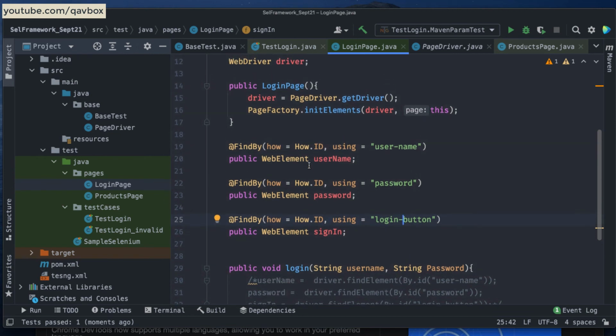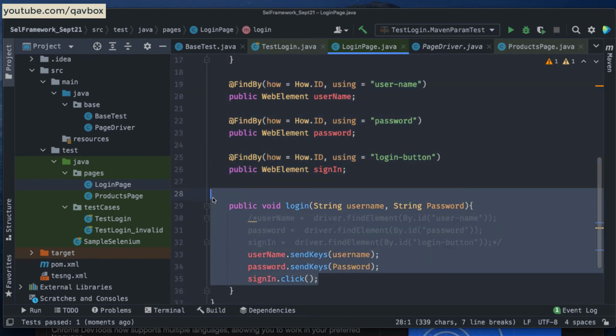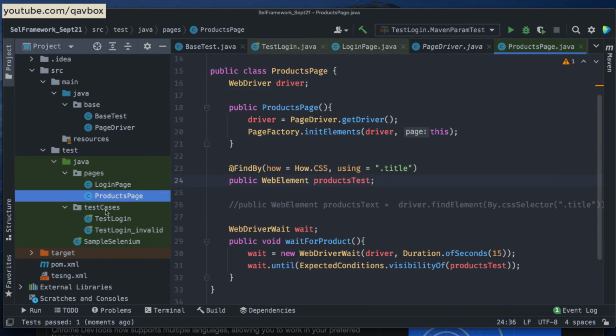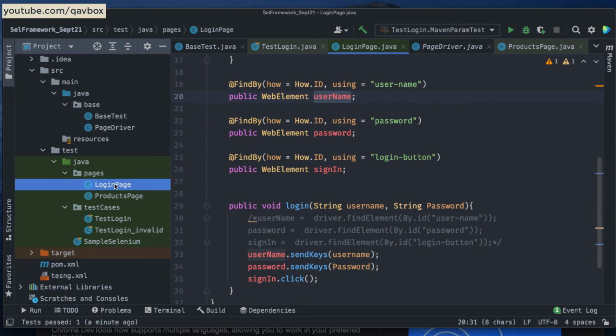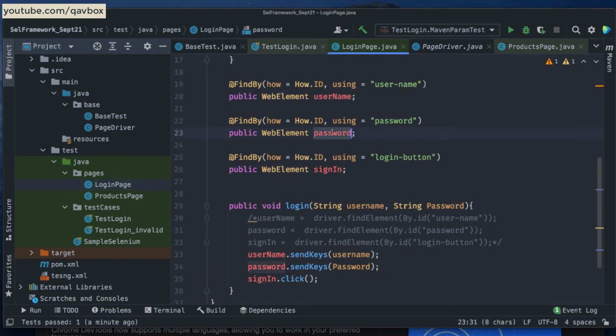So now this is the combination of your page object model with page factory, where you are keeping all of your objects and then the actions in one particular file, depending on a screen wise. So tomorrow, let's say that you need this username field in some other page as well, not just the test case. If you want to use that in any products page or anywhere, then what you can do, in the products page you can create an object of this login page, and you can use any of the elements here.